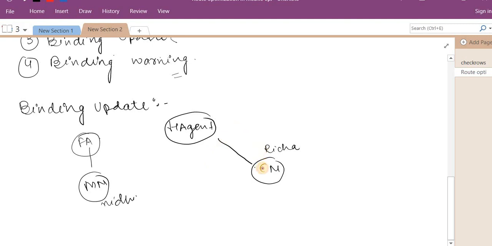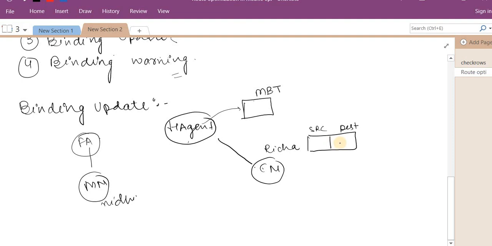So first Richa has to communicate with me, so she has to forward the packet towards the home agent, and the home agent has a mobility binding table, MBT. Richa sends a packet with the source ID and the destination ID.